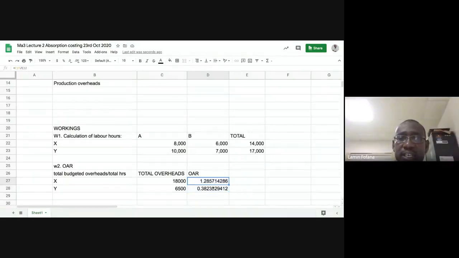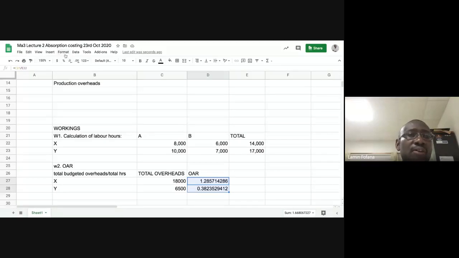Because if you replicate, you're going to move one step down, and here you're also going to move one step down. So when you click on this and press F2, it's going to show you. It has taken this and that. So we replicate. But we want this in 2 decimal places, so we highlight,